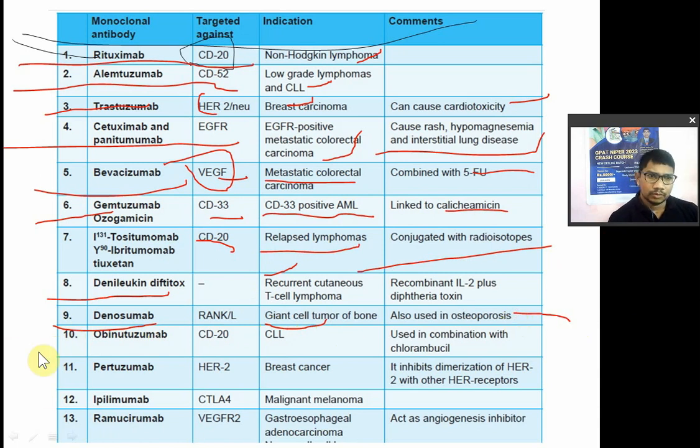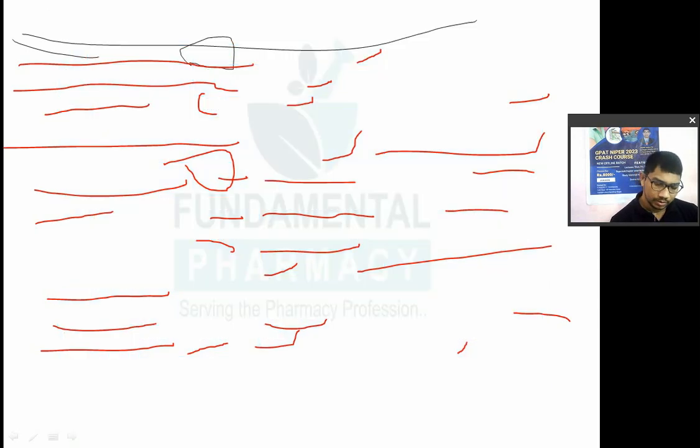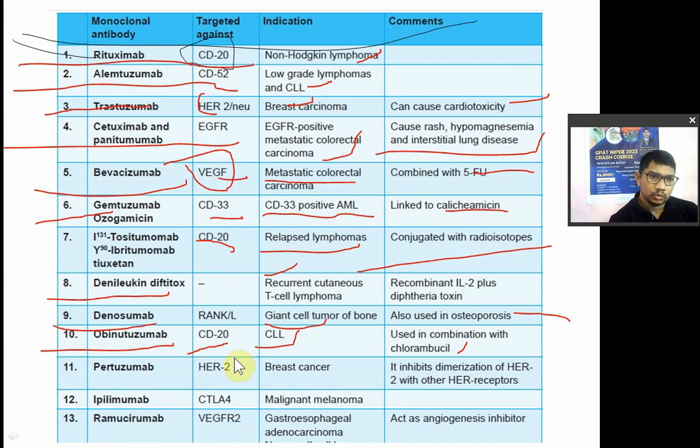Obinutuzumab. They are against the CD20 cells. Obinutuzumab, so used in chronic lymphoid leukemia, in combination with chlorambucil. We'll see next. Pertuzumab. Pertuzumab is a targeted antibody against human epidermal receptor 2 used in breast cancer. It also inhibits the dimerization of the HER2 gene or the